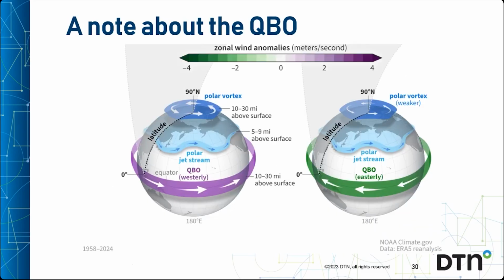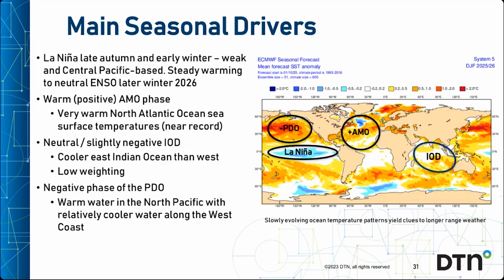The easterly QBO then can force large-scale planetary waves to extend further north and knock the polar vortex out of kilter and disrupt the jet stream, with sudden stratospheric warming events possible, which would allow a weaker, wavier jet stream and chances of colder air coming southwards.